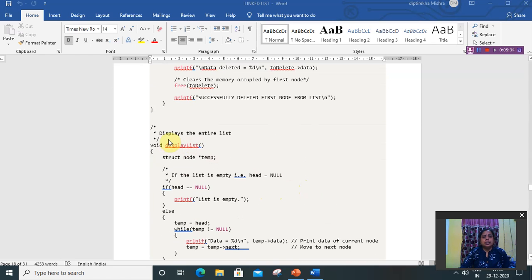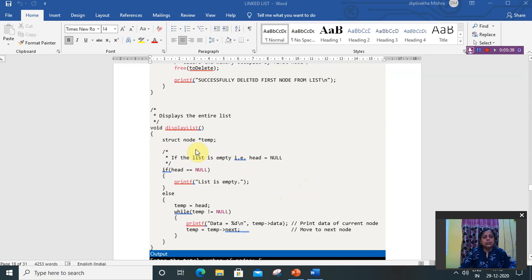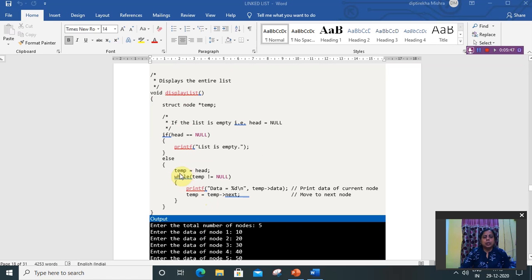Then comes the display list function. In display list function, first of all it checks if head equal to null, which means the list is empty. Otherwise temp equal to head means from the head position it goes on displaying the data while temp not equal to null, means up to the last node that contains null in the address part.